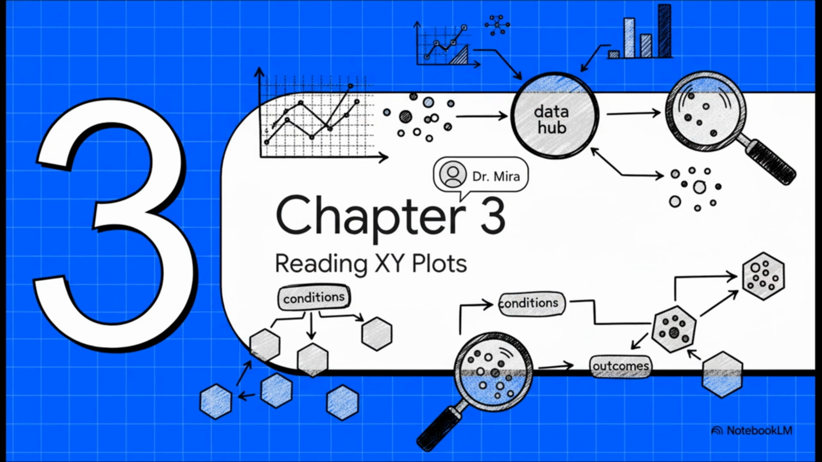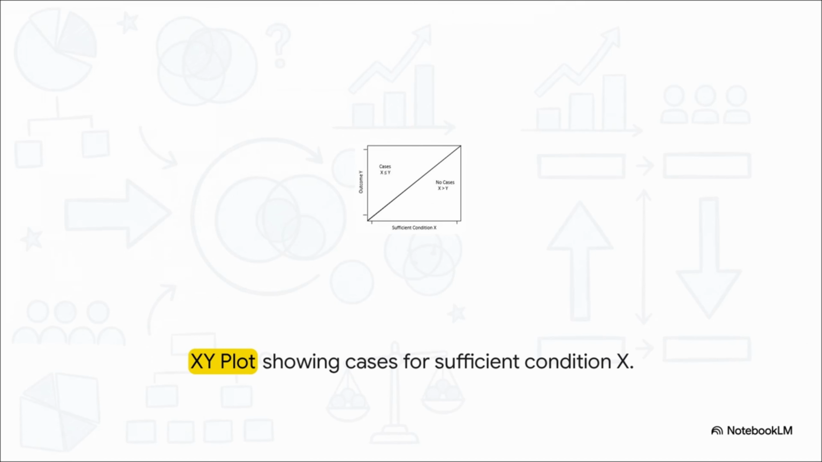Chapter 3, Reading the XY Plots. Visualizing this helps so much. Dr. Mira pulls up this XY plot on her dashboard to show the student. We always plot the condition membership on the x-axis and the outcome membership on the y-axis. Now, notice that diagonal line running straight from the bottom left to the top right? It is